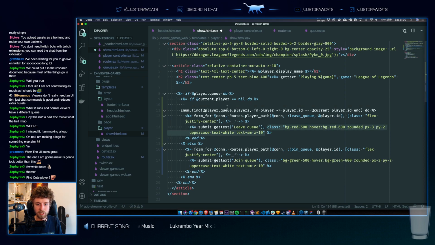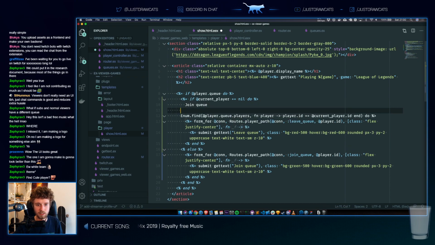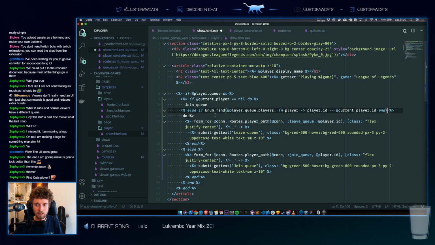Yeah, we need a button component already. We need some like join queue here. But that is not the same. So then else if... I don't know how I do else ifs in Elixir, but probably like this.